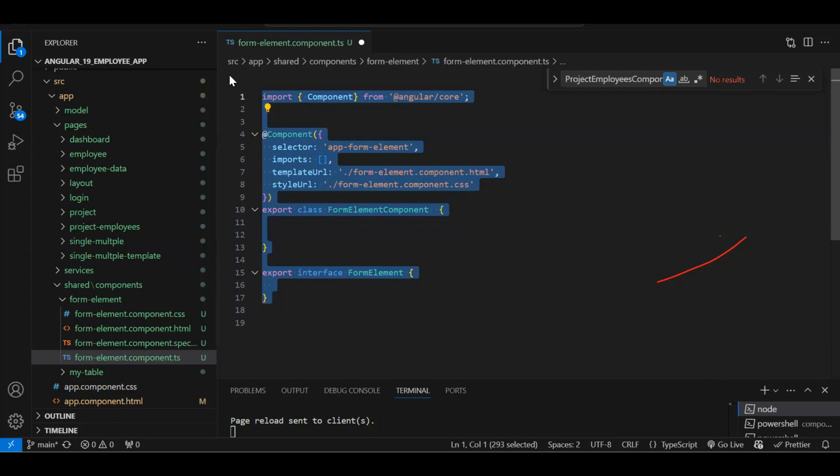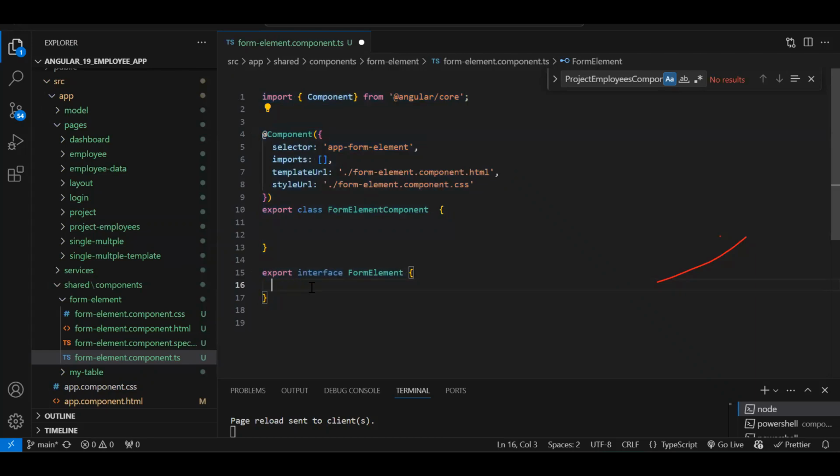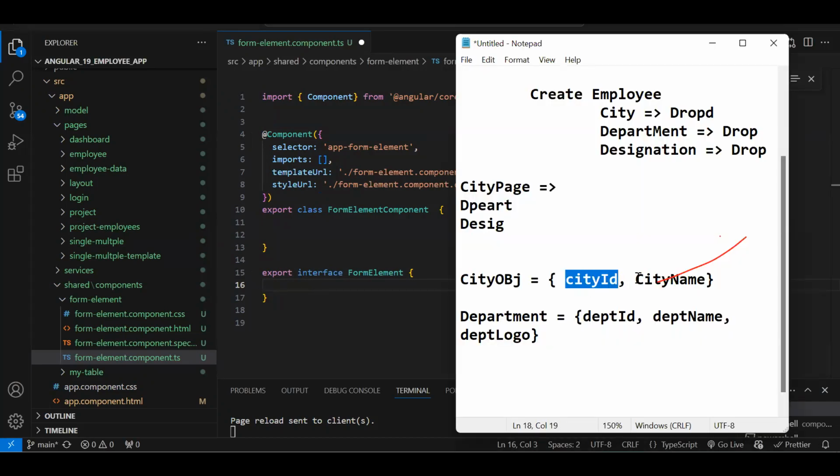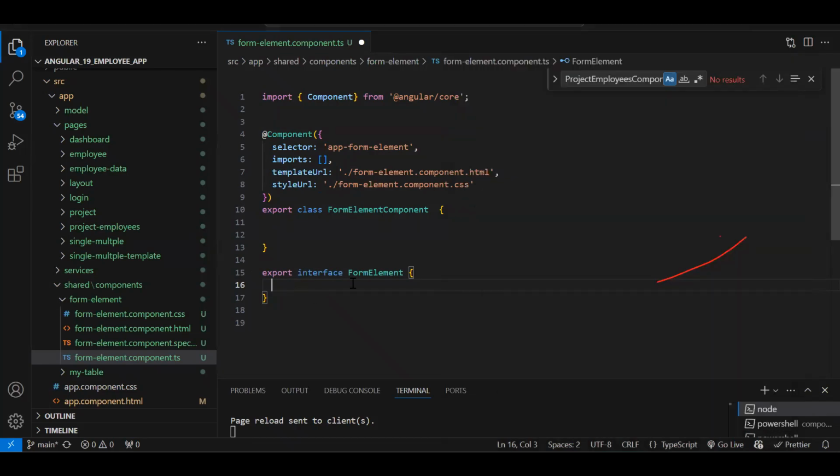Yes, Chetan. Okay, so can anyone tell me what are the fields I have to pass? Obviously, to this component I have to pass an array of objects. So what type of properties am I going to pass? If we talk about the object, what do we call this? City ID or city name? Key or fields? Field name? Correct? So the first property,